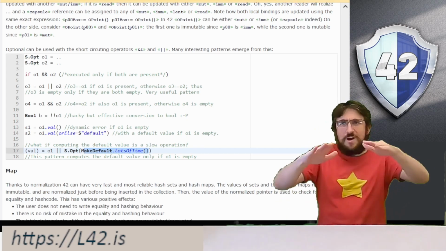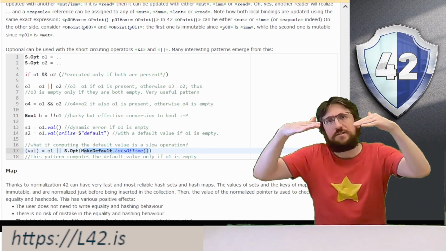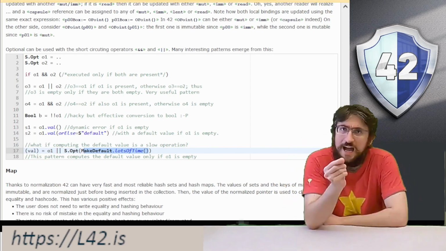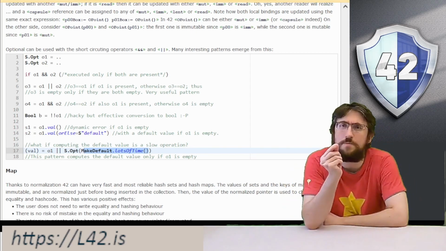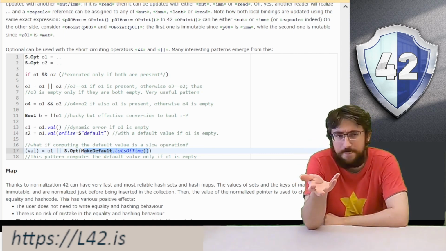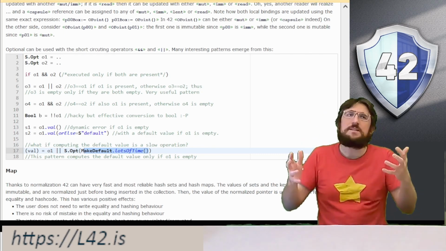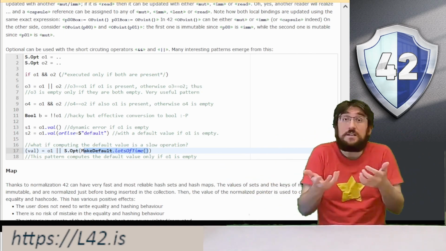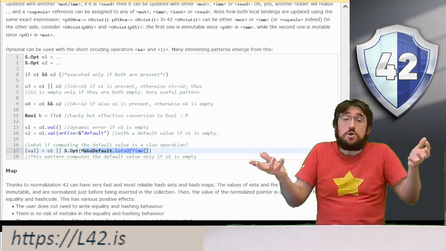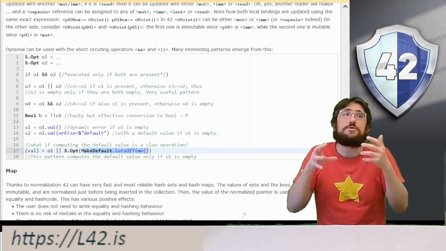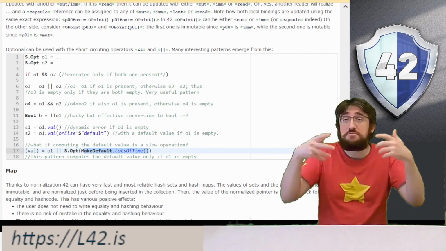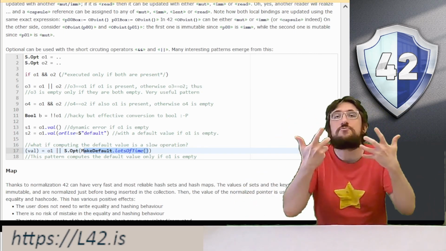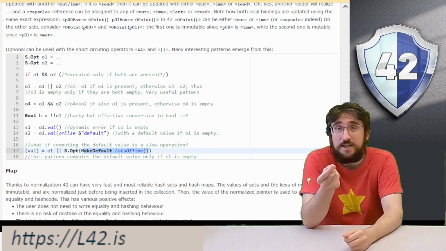Now, to raise a little bit the tone of the discussion and to go to a little bit of a more complicated setting, nulls are not just used to represent optionality. So, that's maybe the most common use case, like there is a field and this field may or may not contain a person. And so you can have this field be of type optional person. However, there is another reason to use nulls. That is,